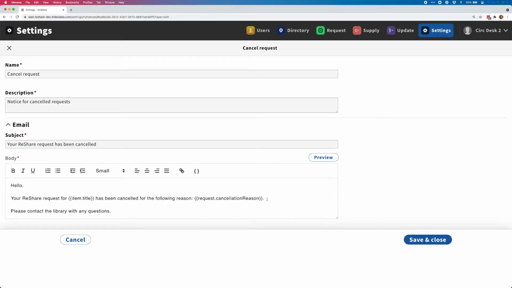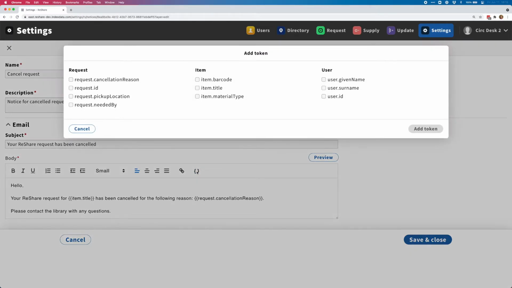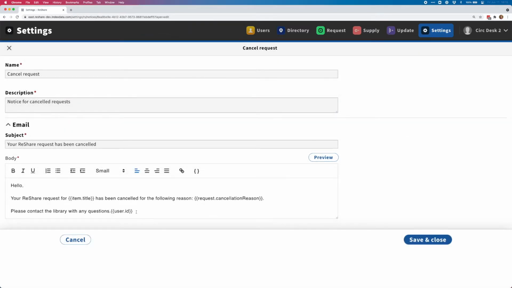One thing you'll notice is that some of the text in this email is between two sets of curly brackets. And those are called tokens, and the tokens are basically variables that stand in for real information from the request that will be pulled into the notice when it's sent. And you can insert tokens into the body of your email. You can also use them in the subject line. And you can use this little button here that looks like two curly brackets. When you click that, it's going to bring up a set of tokens, and you can select what you'd like to use and then click add token,